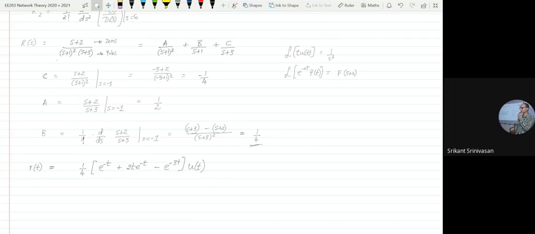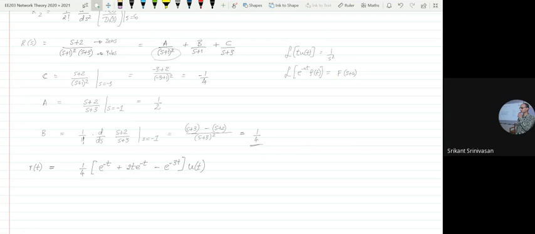So the point is that once I have my Laplace transform, I can already know what my answer is going to look like. When we are solving these circuits, there is the mathematical part and then there is the intuitive part. You have to understand what exactly my transfer function represents, and therefore what the characteristics of this transfer function are. What kind of response can I expect from this circuit? You get that by directly seeing the poles of the circuit.